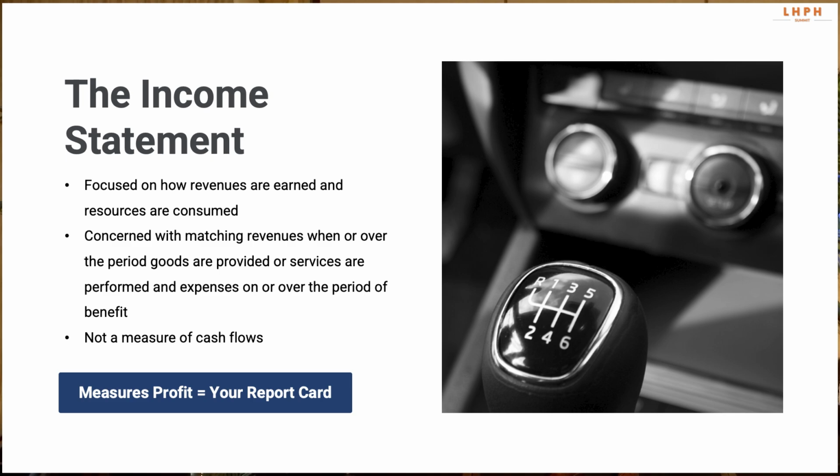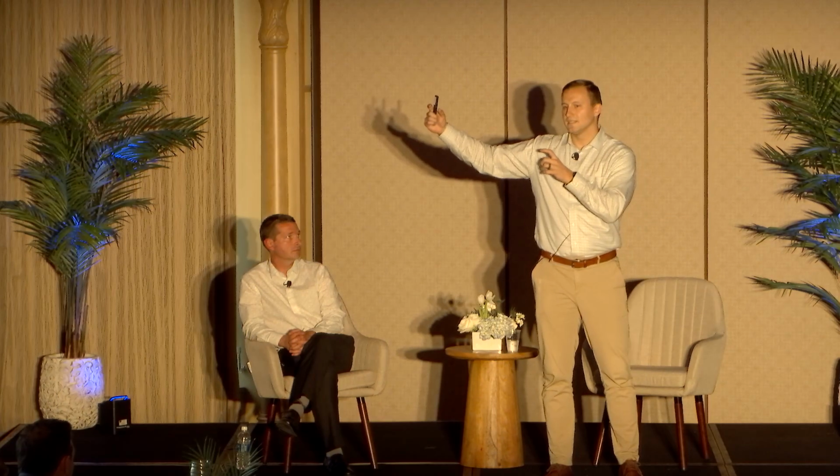Revenue recognition is really related to, if I have a contract with a customer, I'm going to recognize revenue when it's earned or when I've met my obligation to that customer. That could be when I deliver a good or when I provide a service to that customer. The matching principle tells us that we're going to try to take expenses and match them up to when we earn those revenues. Both of those things could tell us something about cash, but they also could leave us in the dark about what's happening from a cash perspective.